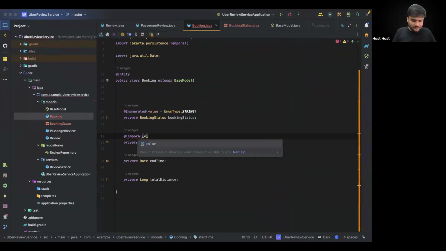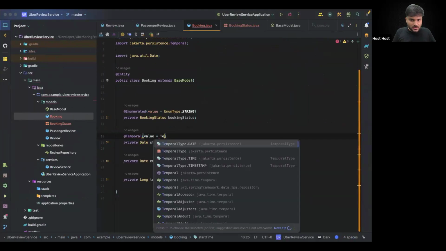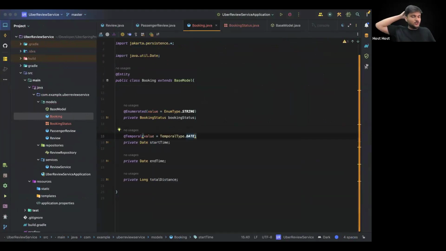This is going to be value equals TemporalType.DATE, because now you need to tell Spring that here we are not going to store a timestamp or a time. We are going to just store a date. If you now run the code,